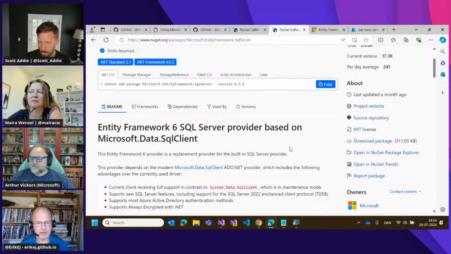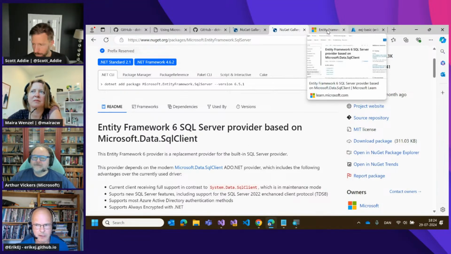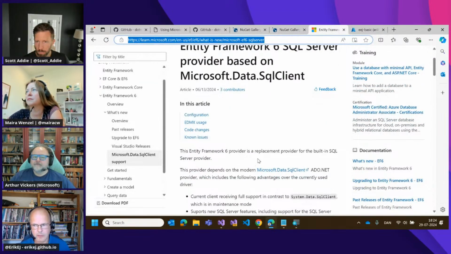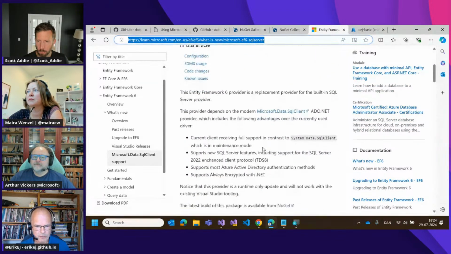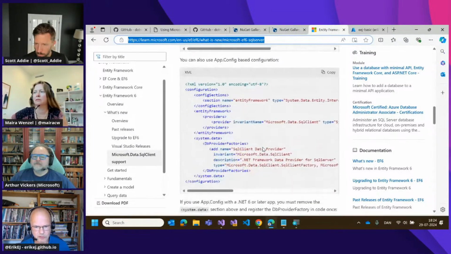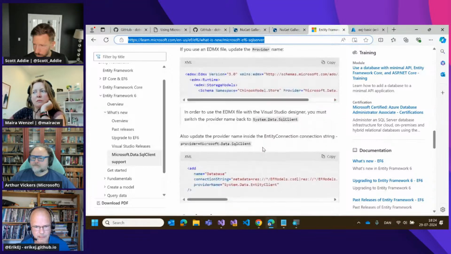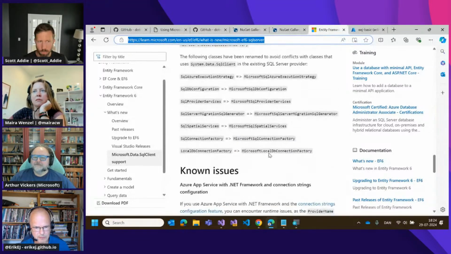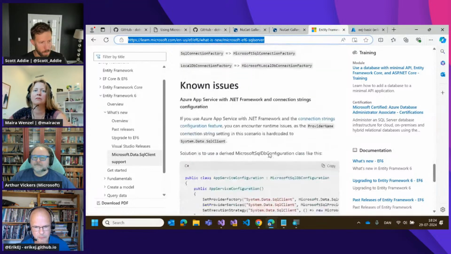No, but it can be a little bit daunting, and that's why we have this long README, and it's actually been elevated to a page in the official Microsoft Docs site. This is essentially a copy paste of the package documentation. If you're using EDMX, it's even harder, and you have to change some namespaces. But as you said, Arthur, it's my impression that people are living with that.